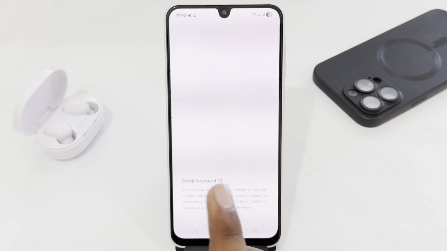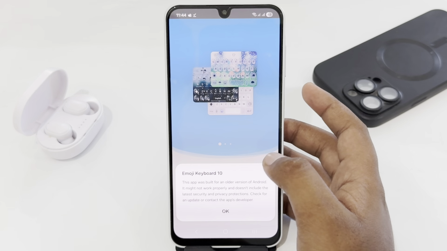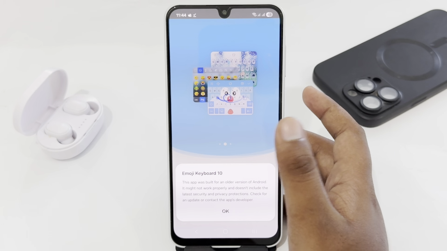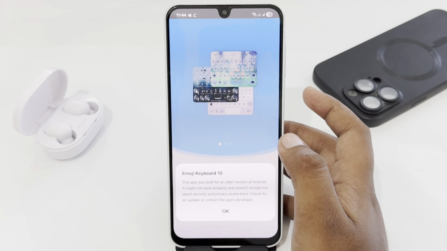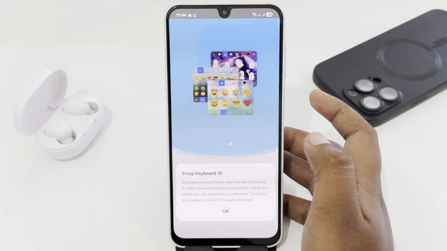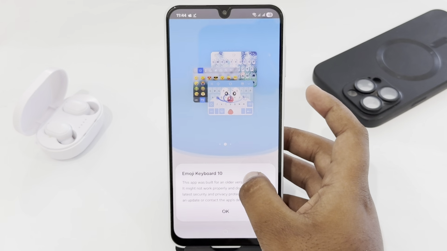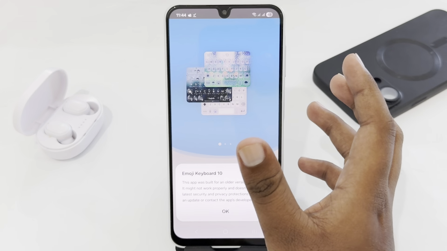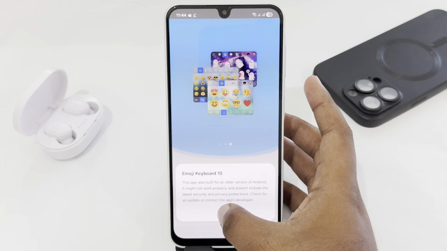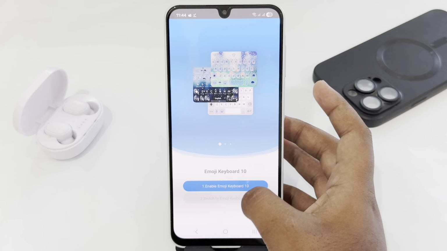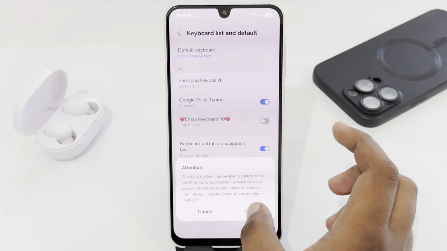Just open app. From here you can see that basically this app was built for an older version on Android. It might not work properly and doesn't include the latest security and privacy protection, but that's okay because you can check for an update or contact the app developer. In future, the app will have any update and these issues will be solved, so we can easily use that. Just tap on OK from here